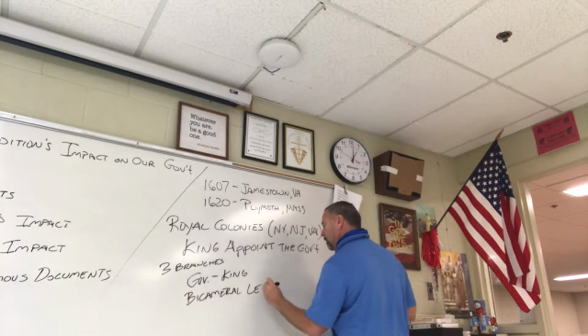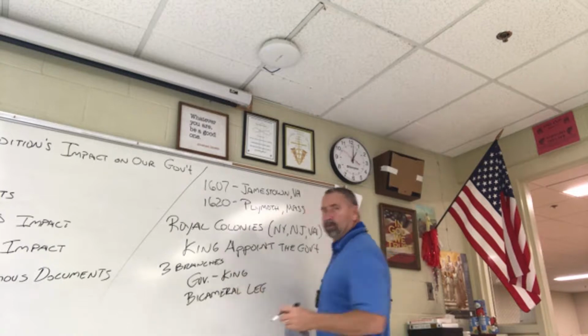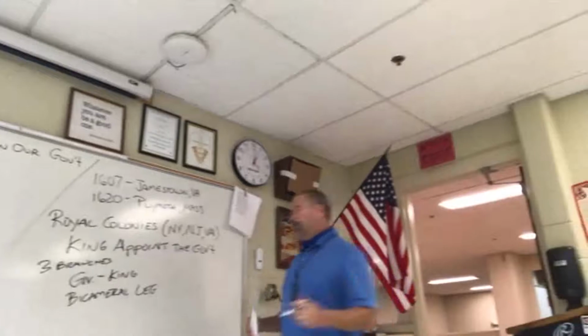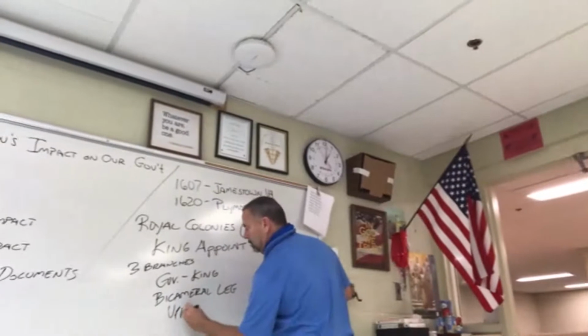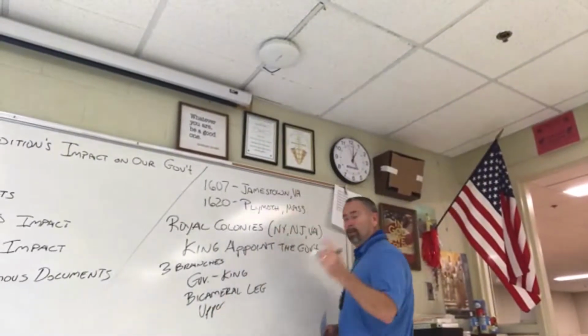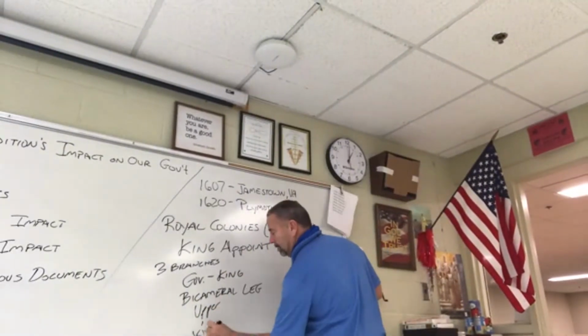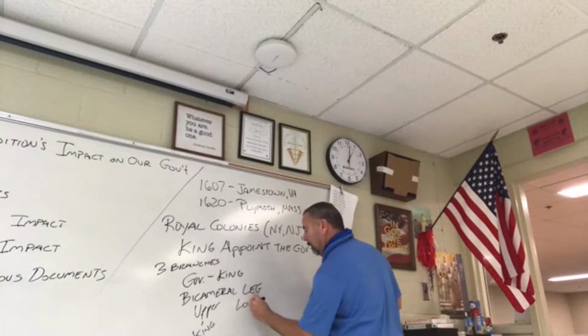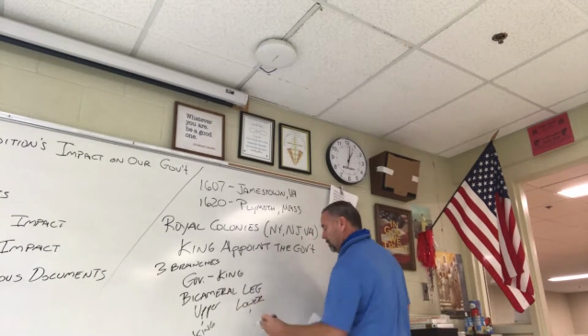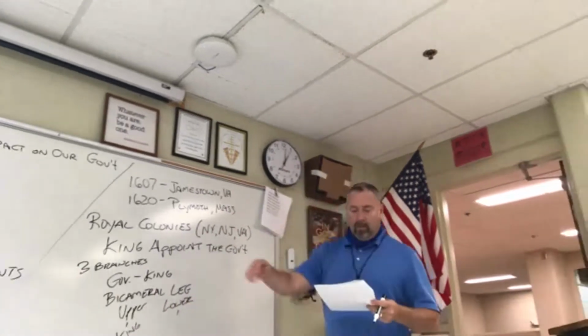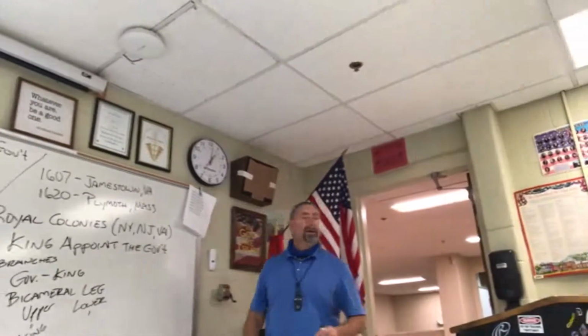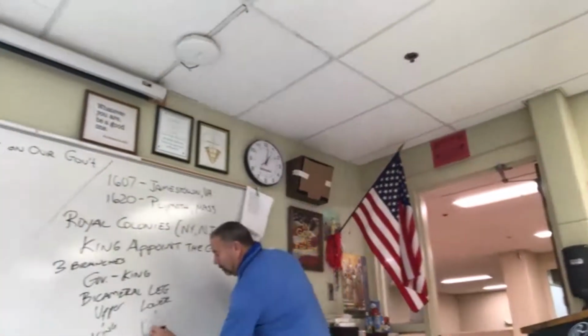What's bicameral mean? Two chambers, with an upper and a lower. The upper house was appointed by the king. The lower house was made up of